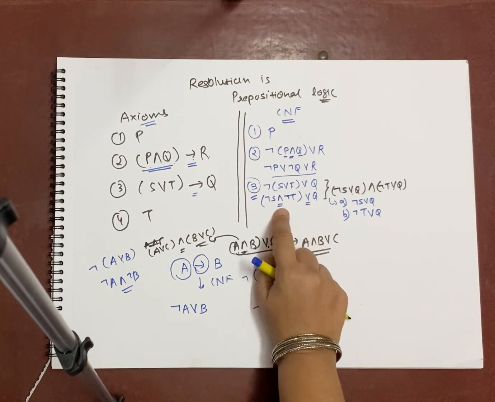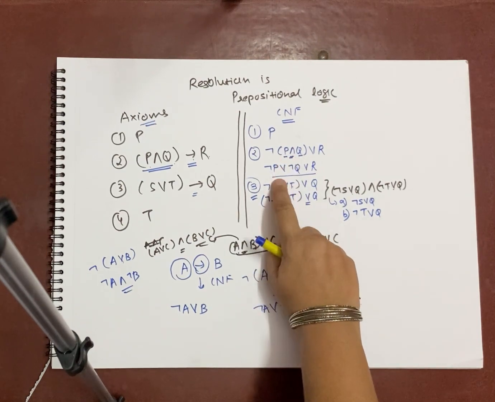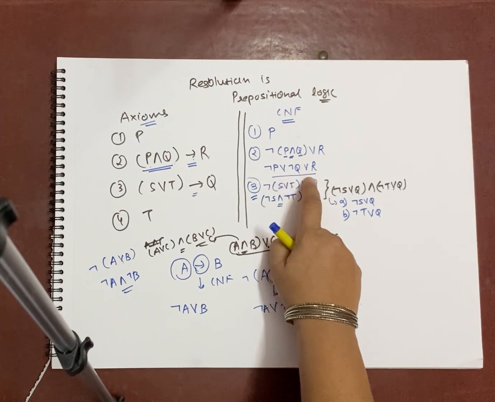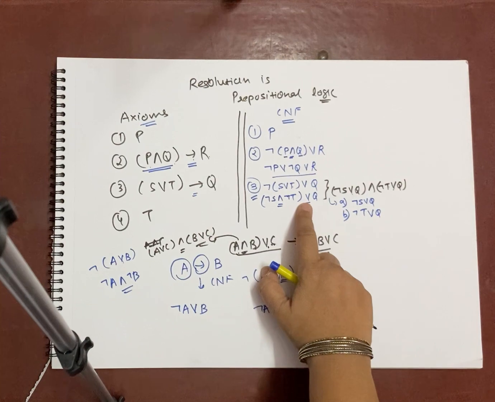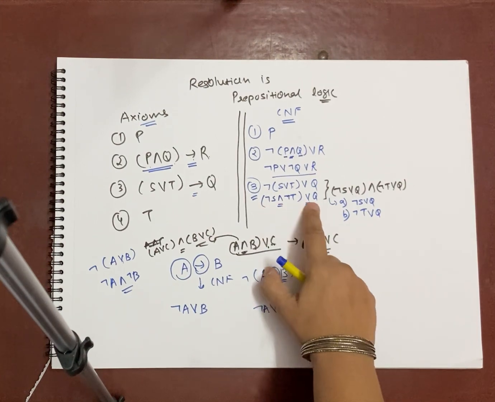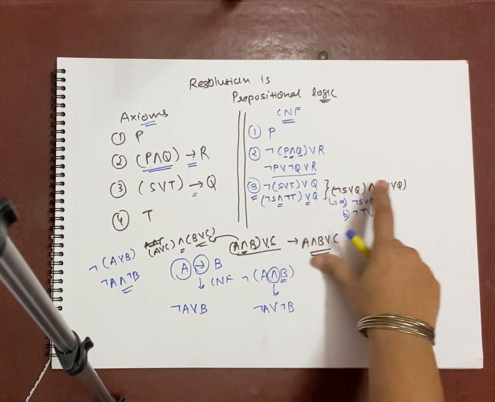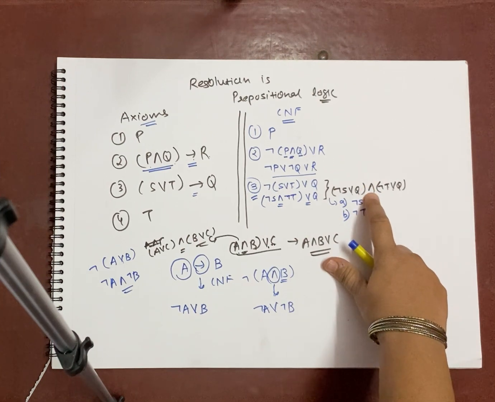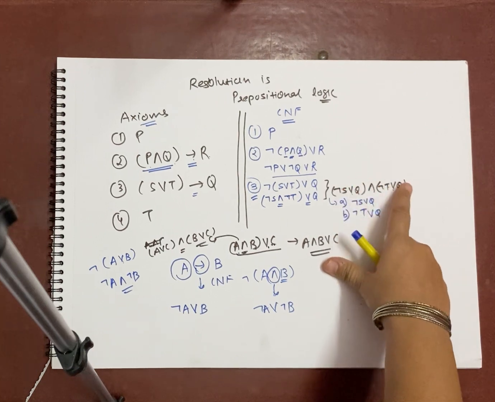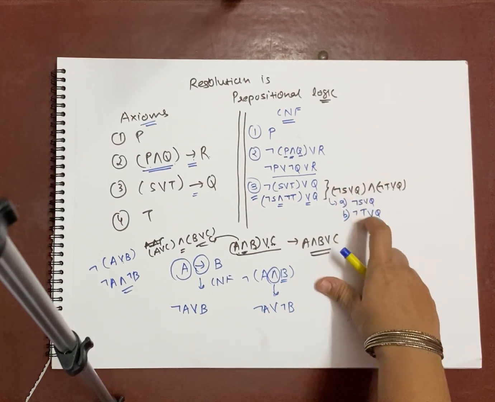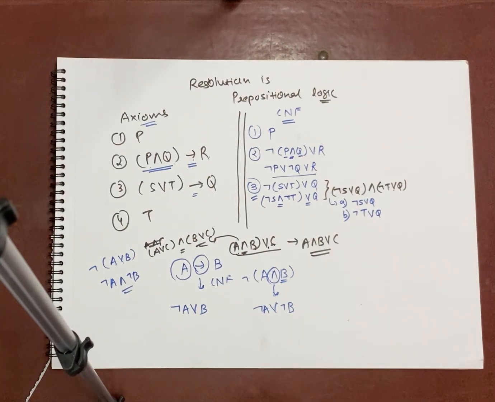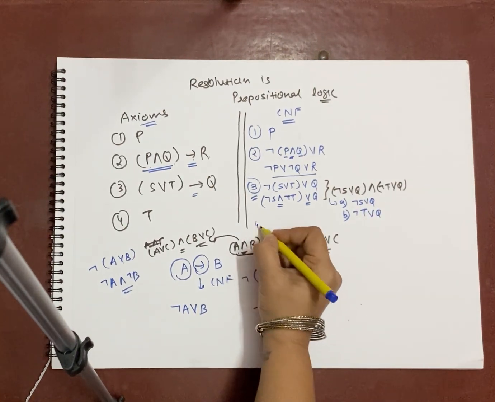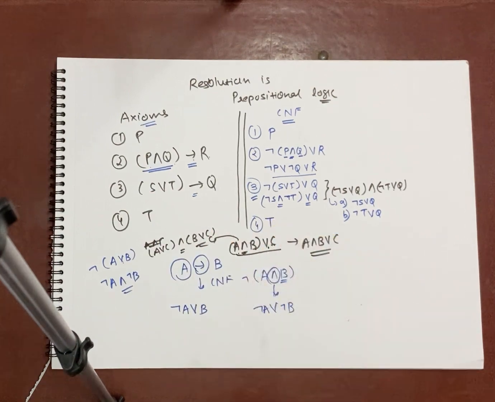Now as we have different operators, see, it is not the same. Earlier it was OR, so the bracket could have been opened directly. But here we cannot, because we have to apply the distributive property over here. So what will happen? Not S or Q, not T or Q, and in between what you have is called AND. Exactly. Now as you have conjunction in between, both the clauses which are ANDed together will be considered as separate clauses. So this is a separate clause and this is a separate clause as we have written over here. And finally the fourth one, T, will remain as it is, as T.